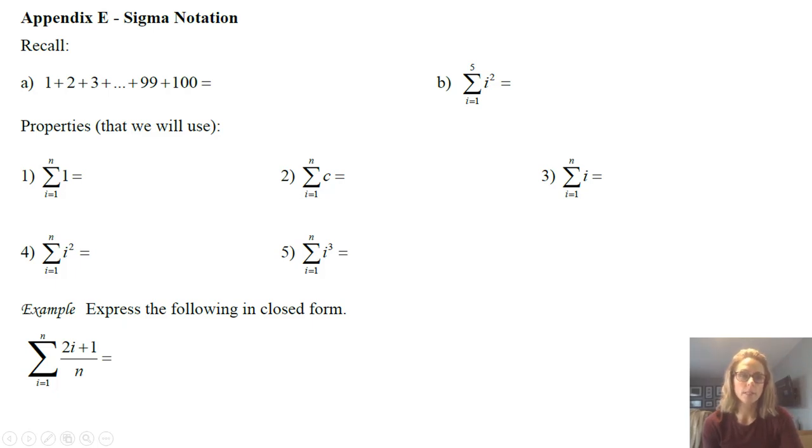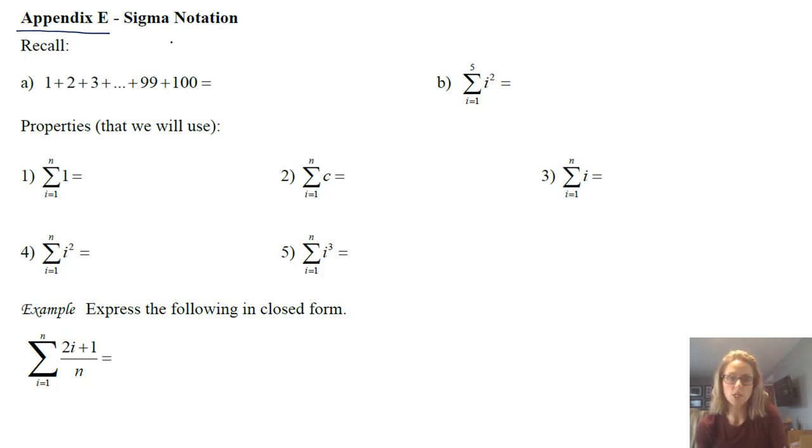So I'm going to take a little bit of time right now and talk about some information that's in Appendix E of the book. This is talking about sigma notation, which comes in the next couple sections. And so if you don't remember it from pre-calculus, I'm just going to give you a crash course on it, but you may want to check out Appendix E if you need more than that.